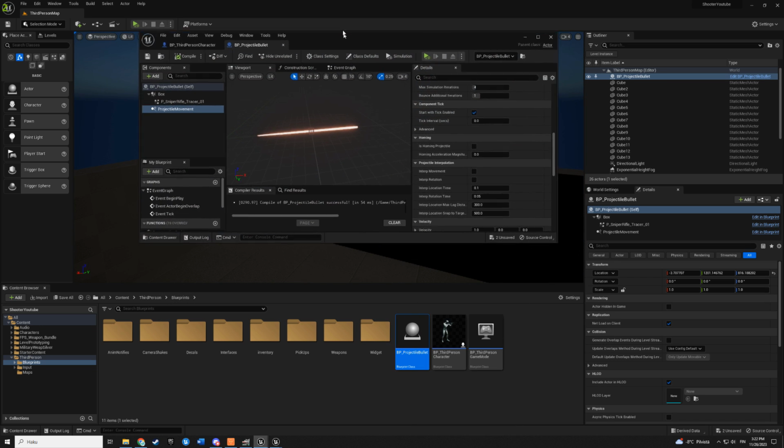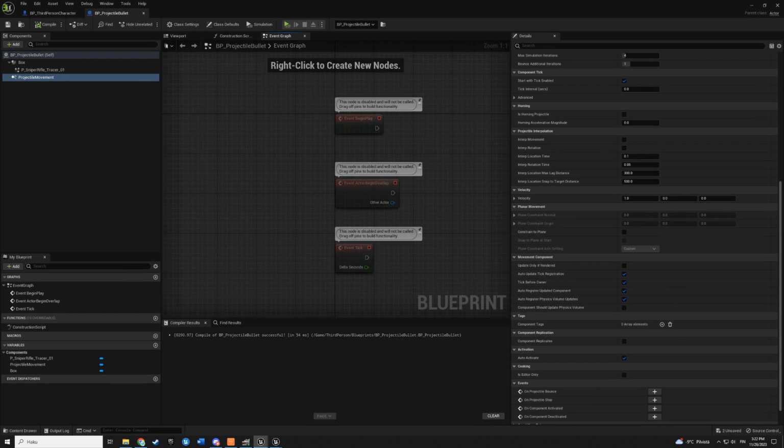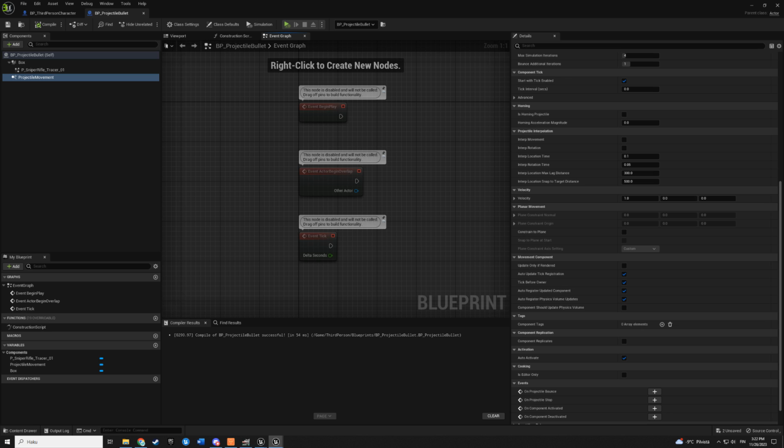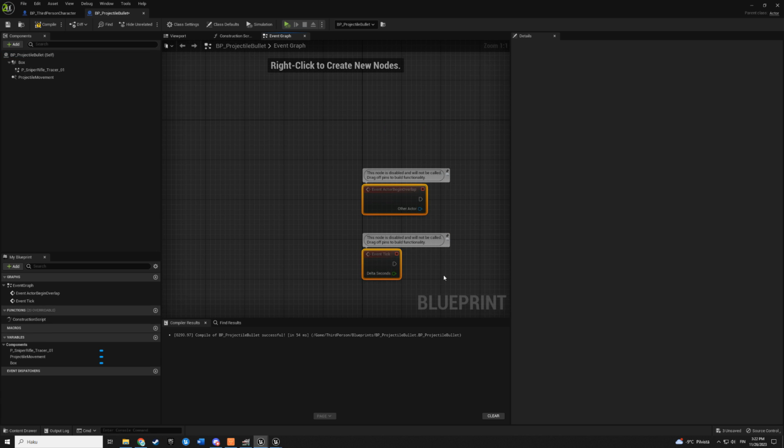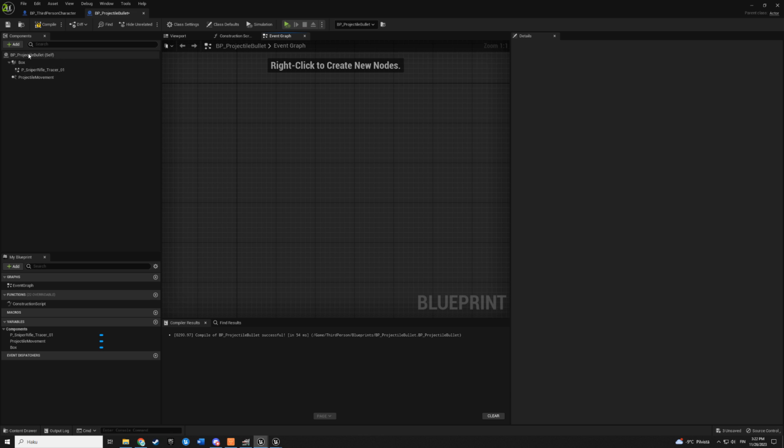Then let's continue. So event graph, and here we could make life span also, what we did earlier. So let's delete actually all these and find life span. This could be something like 10 seconds, also like our bullet hole. I think it is good.